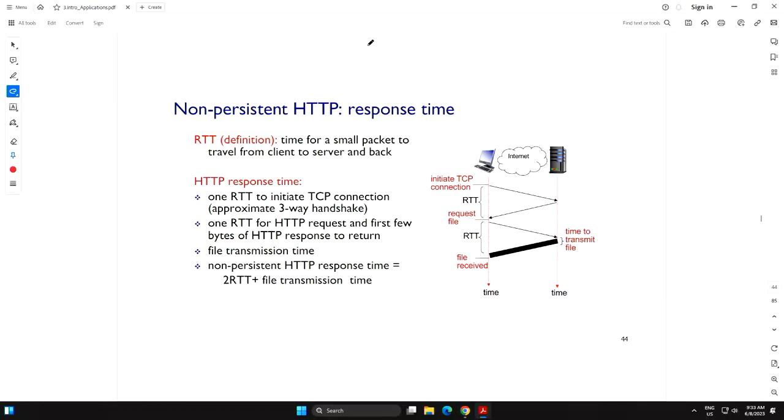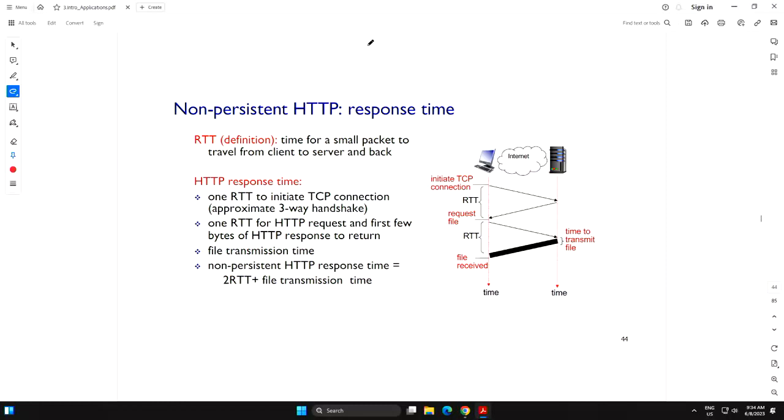And you want it to be lossless, because the object needs to be brought into your browser before you can use it. So it requires 100% reliability.